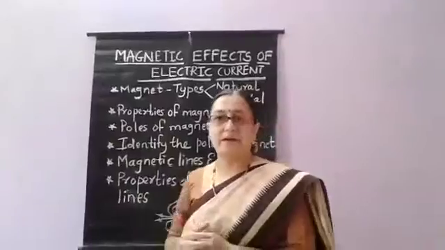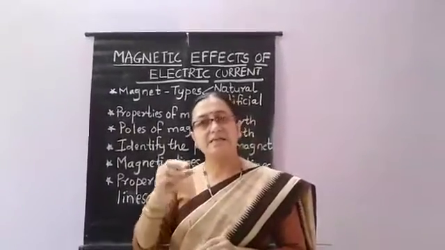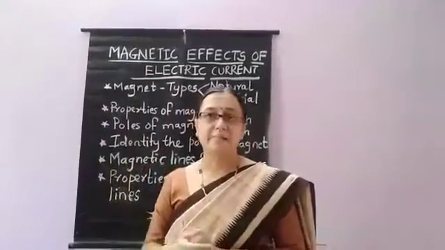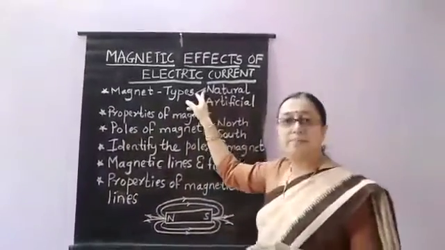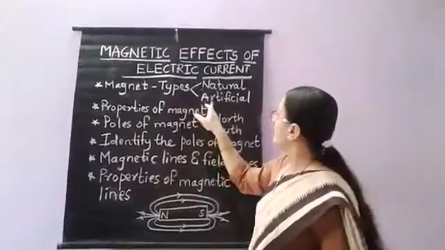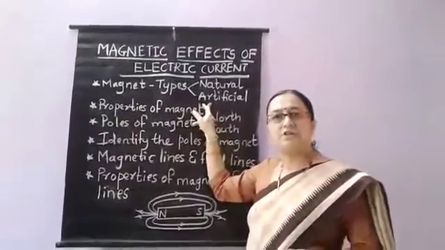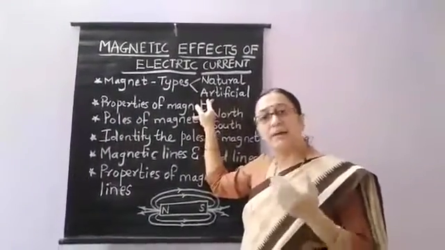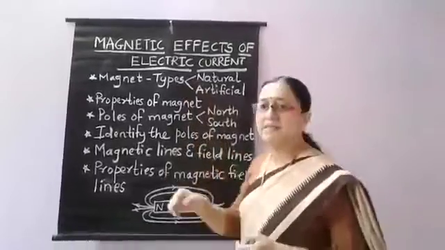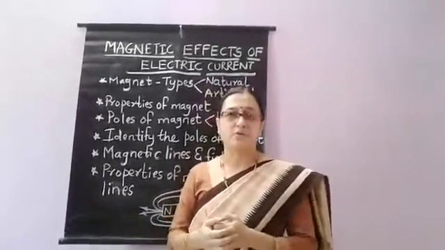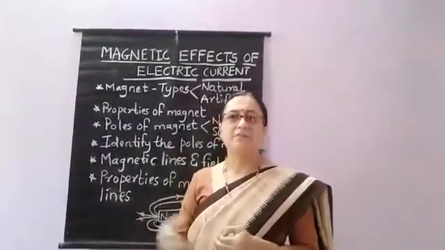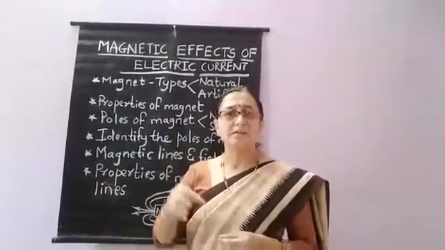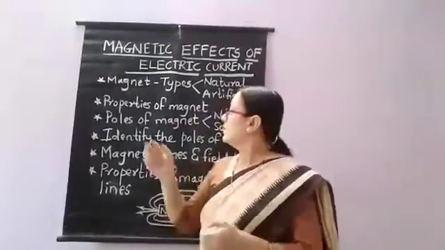What is a magnet? A magnet is a metal which gets attracted towards other magnetic materials. Magnets can be of two types. One is naturally available magnets, that's natural magnets, and one more is artificial magnets. Artificial magnets we can prepare using magnetic materials. Natural magnets are extracted from the ground, just like how we extract gold, silver and other metals. Similarly, we can extract the magnets from the earth crust.